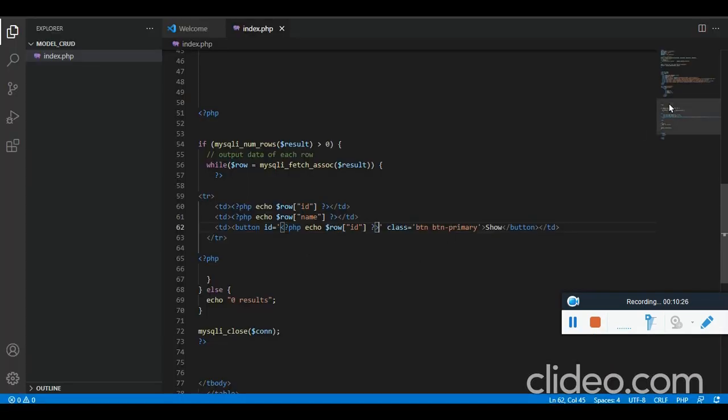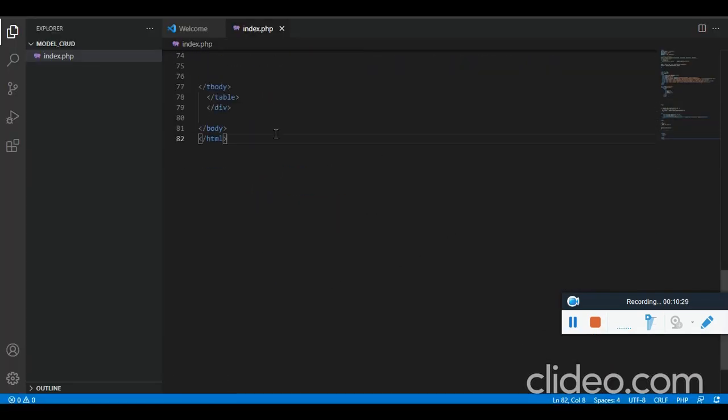Now the next thing we need to do is, when I click on a button, let's have script. So dollar document dot ready. When I click on the button, dot click, I want to show the modal.